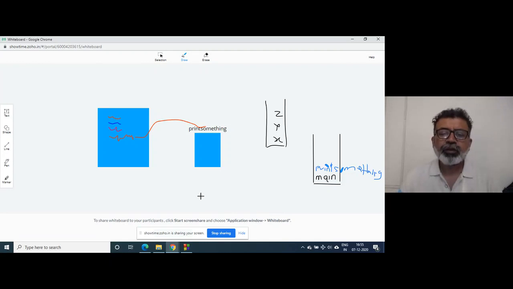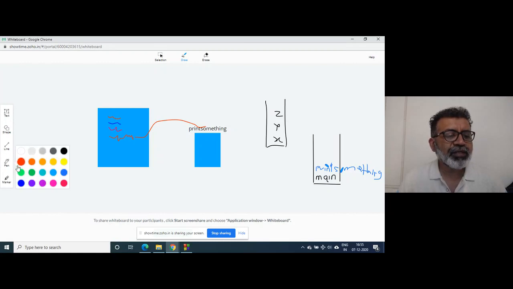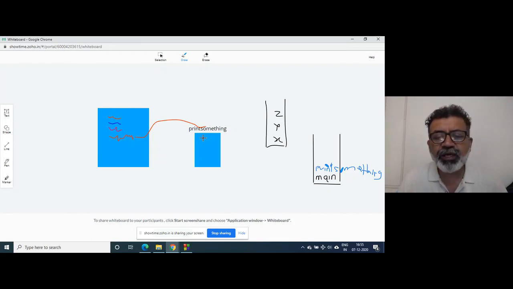And inside the print something function, we have declared what variable? I think we have declared the variable x. Okay, so x is there, right? So another stack is created, right? And x is pushed here, right?